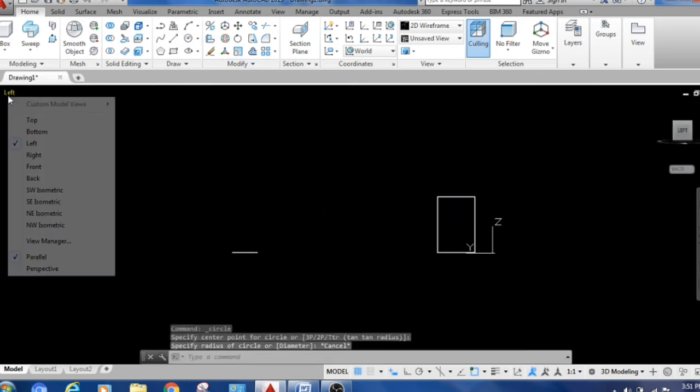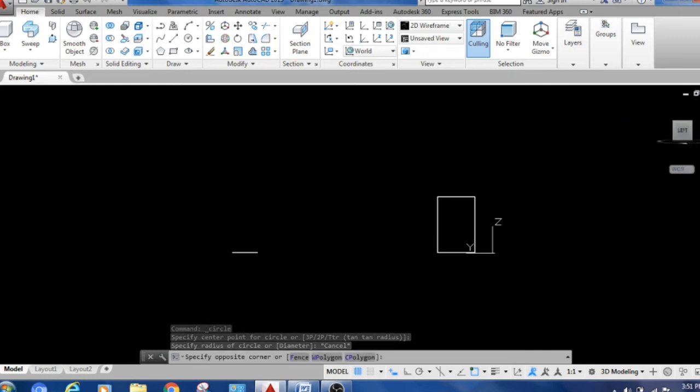So here we are working in top view, that's the reason it is not showing.